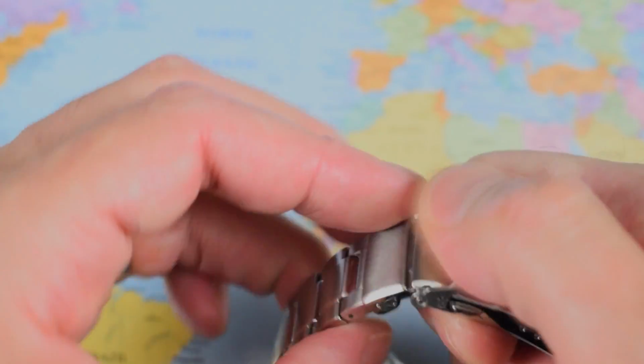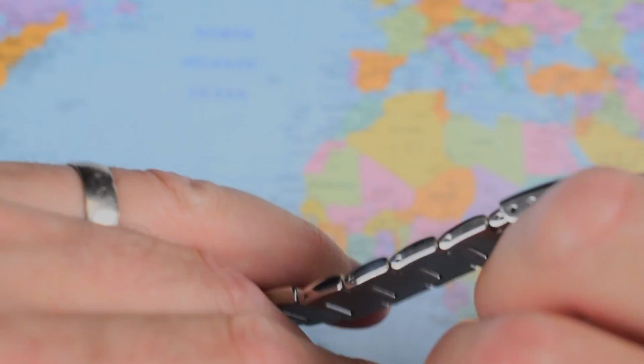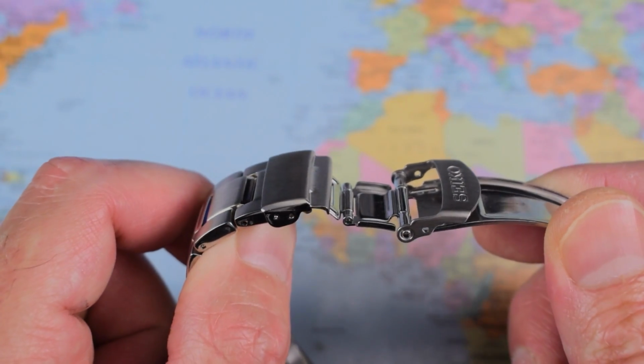My nails are too short, I keep them really trim for the channel. Hang on a second. There we go, a little bit cheap, a little bit rattly, but if you are popping this one over a wetsuit at the weekend,